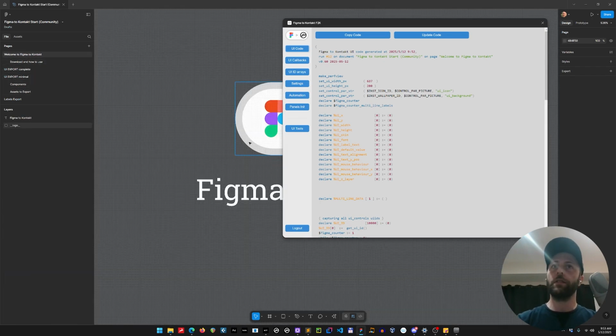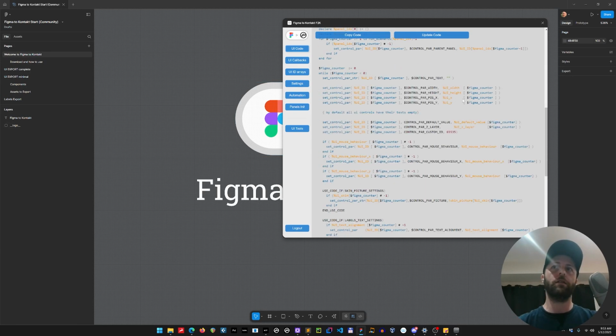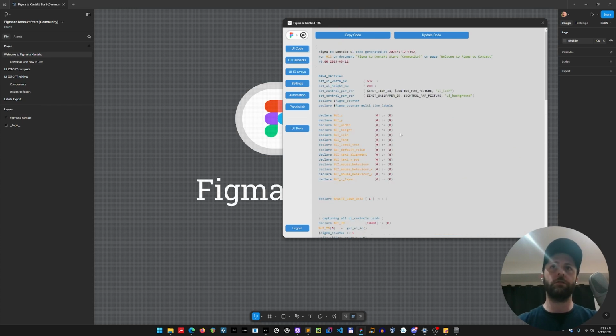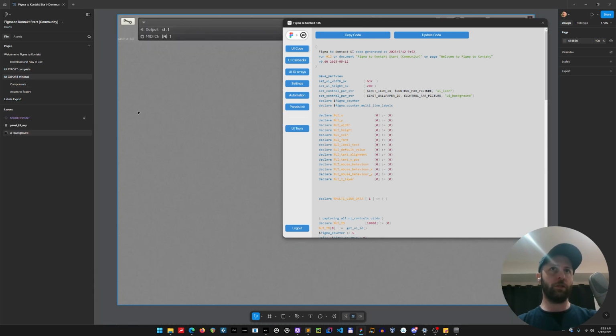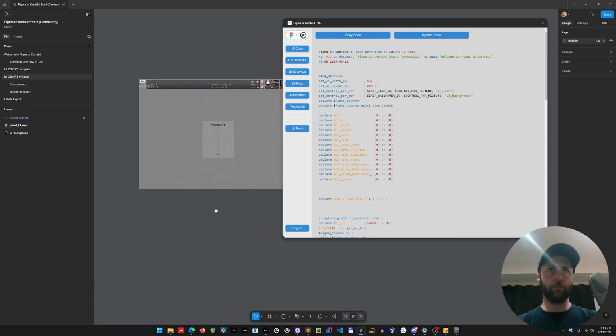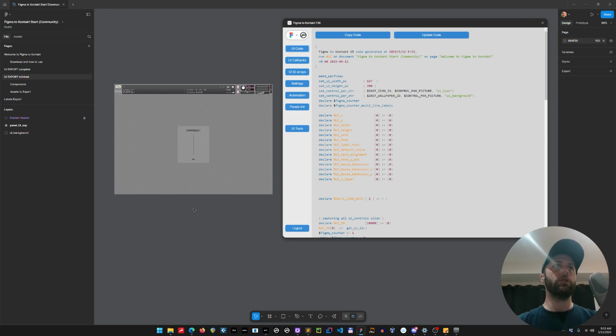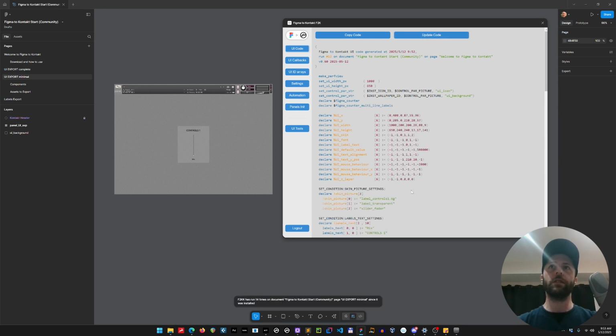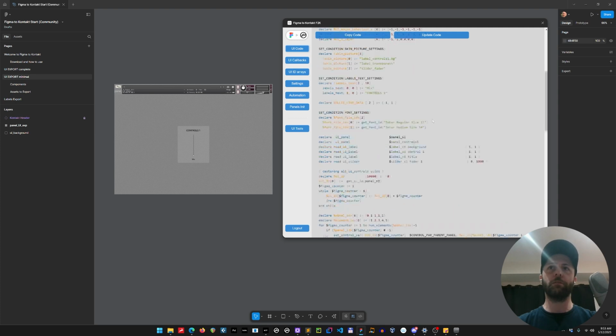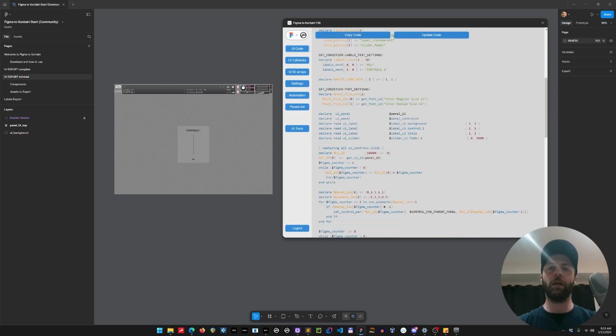So if you don't have a design there with the proper expected syntax, it will just try to generate code, and it will just generate something that is not usable. But if you go to one of these two UI export pages, and then you press update code, then you'll see it being populated with some data and some actual